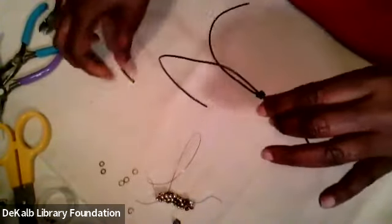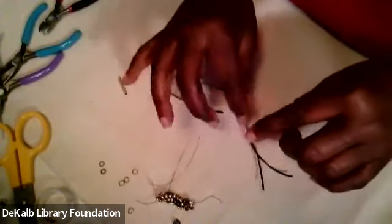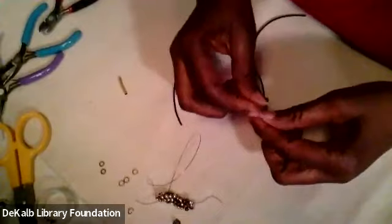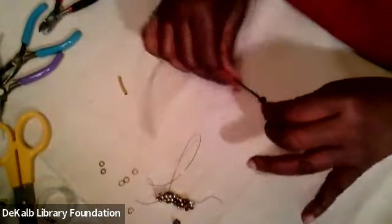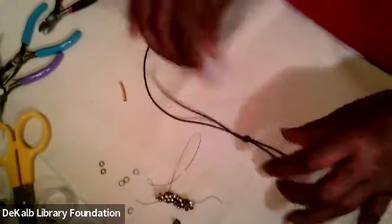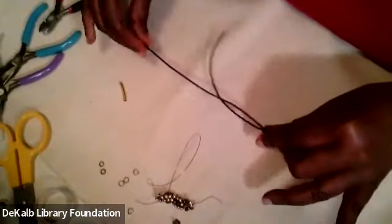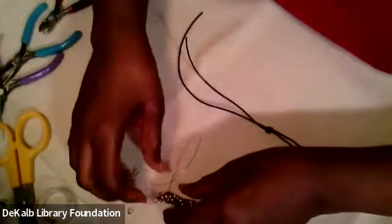And that's where this little guy comes in very handy. And I'm going to show you that again. It's easier than wrapping it around your finger and then trying to hold on to it and stick it back through there, and it'll come loose. This little thing makes it so easy. And she is ingenious for thinking of that. Anyway, so now we're going to introduce our beads